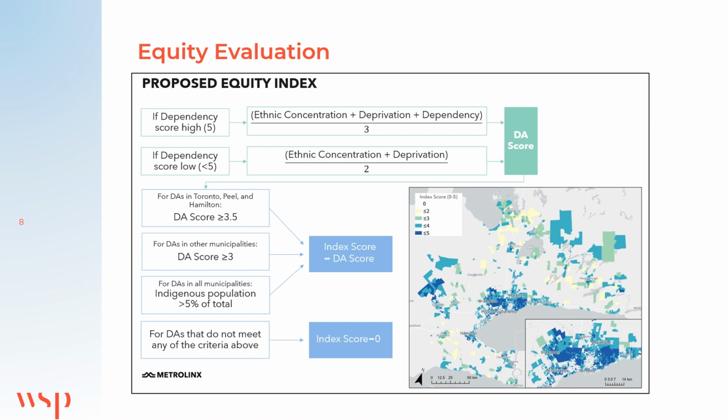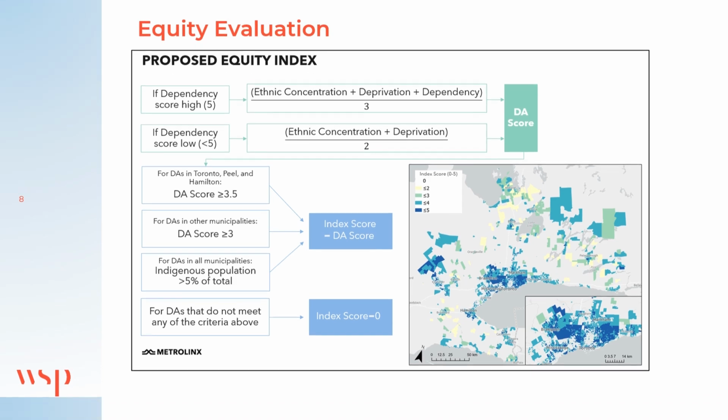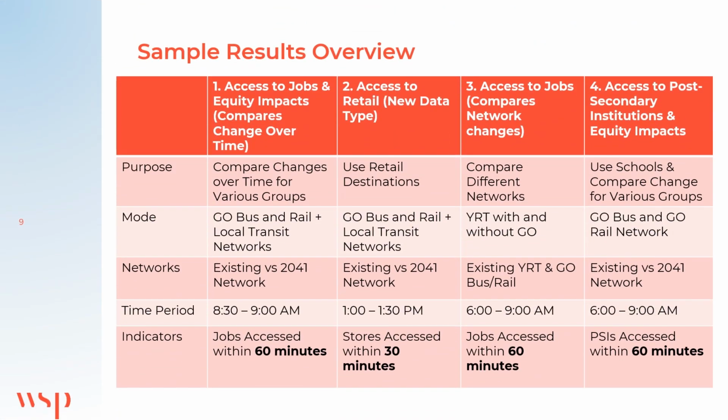So really the exciting part and what we wanted to share is some more examples of the visualization. So we've picked a few case studies. Again, this is a very nimble, diverse tool we can apply to multiple scenarios. First off is the main question that we wanted to look at: impacts of the total change in the region as a whole, both today and then 2041. So this is inputting the future network from an EMME model and then comparing it to today's network. Secondarily, we're going to look at the existing network and compare the mapping access to retail rather than access to jobs. Sometimes this is more of the discretionary trips or non-work trips.